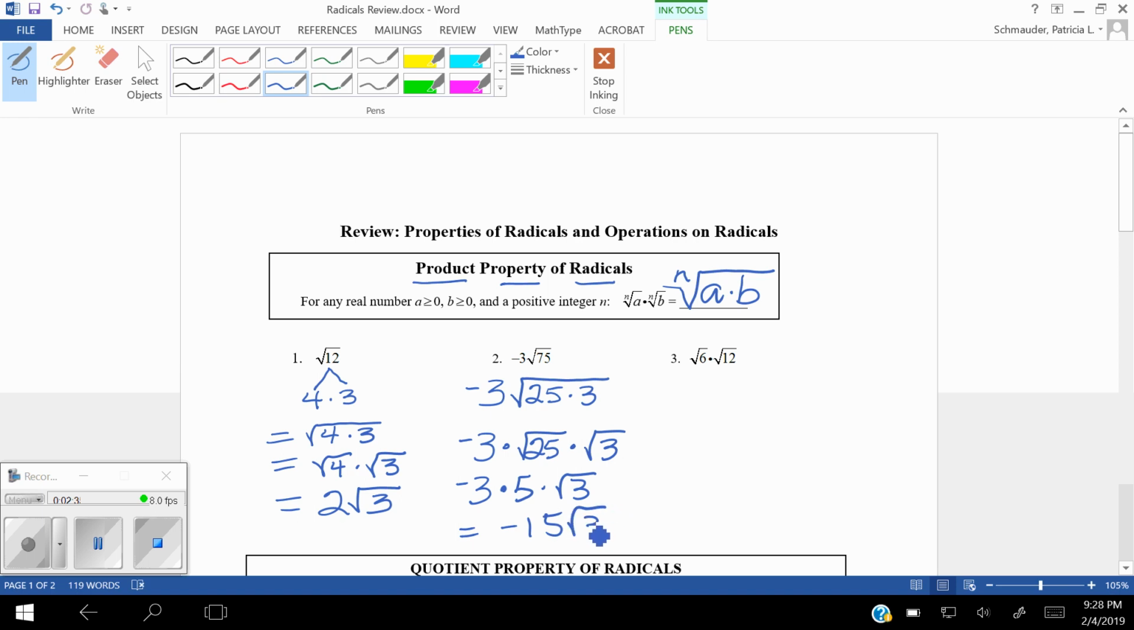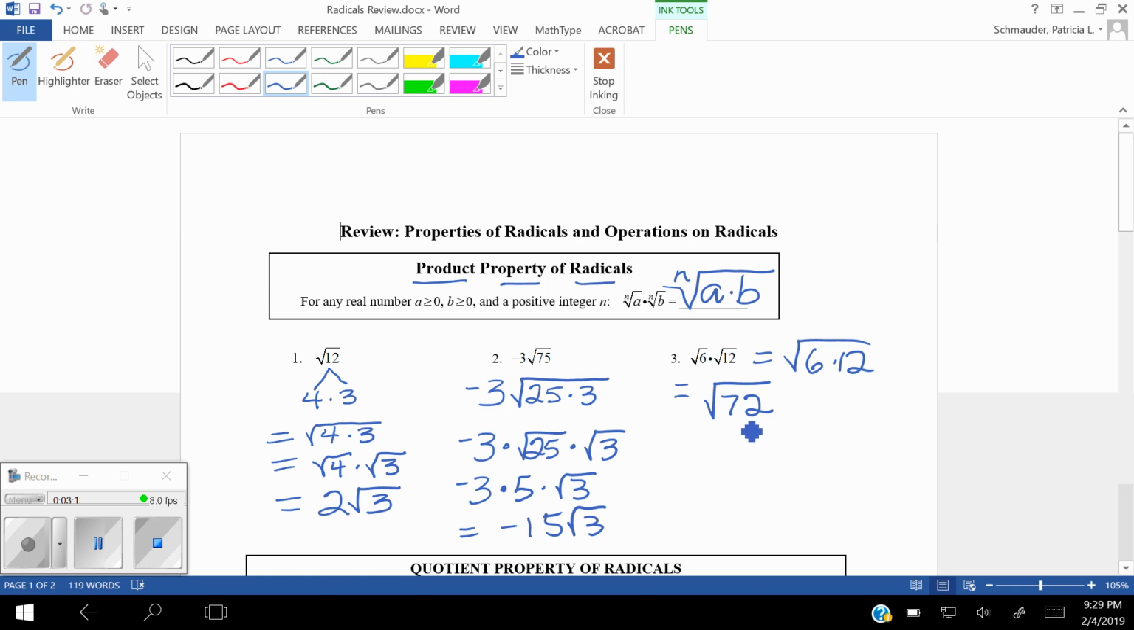Okay, number 3 here. Looks like we're going to use the product property the way it's written this time. I know that I can do this. Since 6 and 12 are both positive integers, I can combine those under that radical. That gives me the square root of 72. And then I have to think, what is the largest perfect square in 72? I happen to know that's 36, but if you don't know what the largest perfect square is,